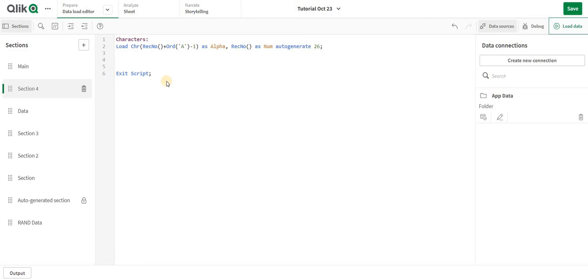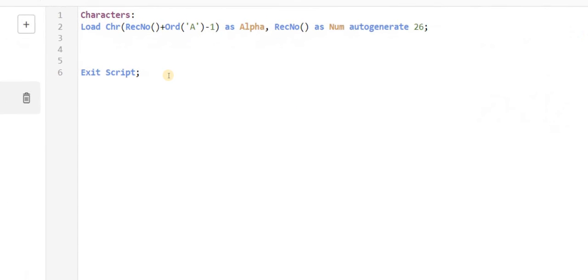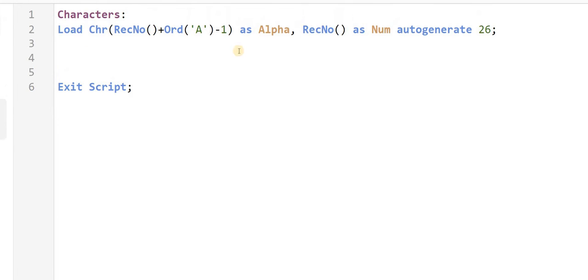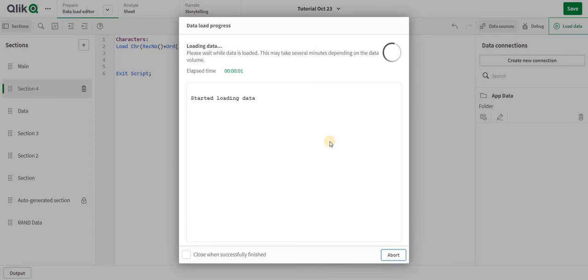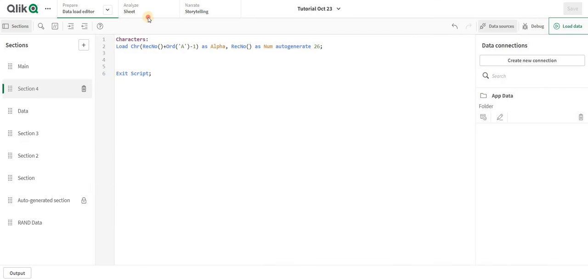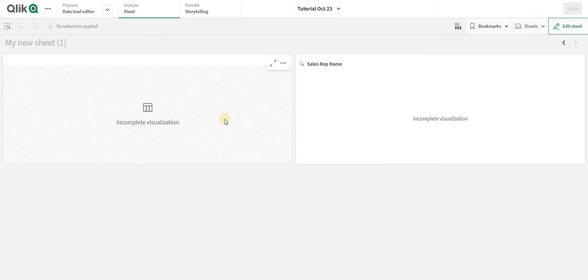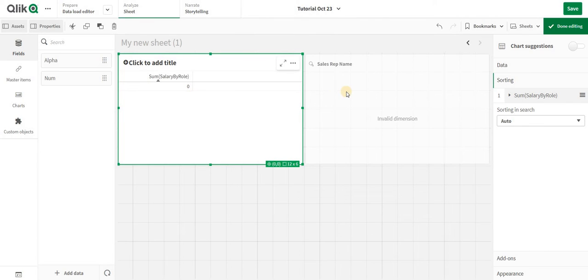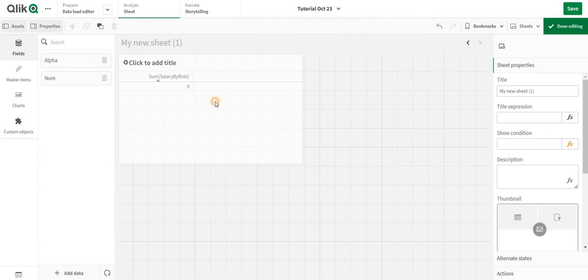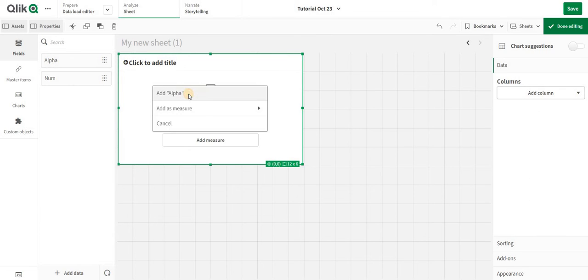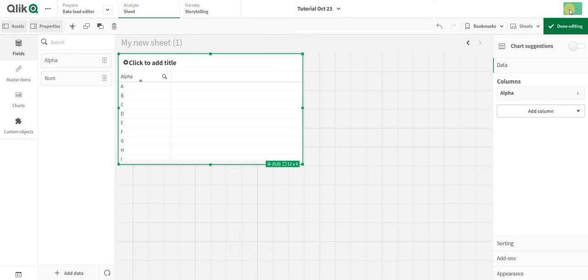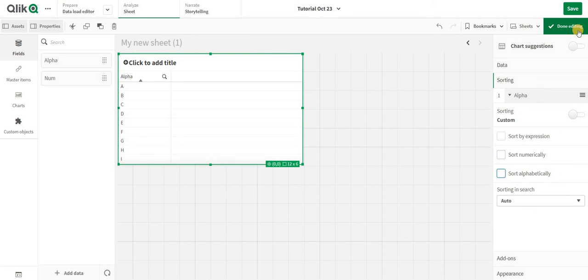So as you can see, I have just created an auto generated script where I am going to generate the 26 letters of the alphabet. So let's say over to here I am going to just add my alphabets. So I have A, B, C, D, E, everything. So in sorting, I am going to just remove all the sorting,